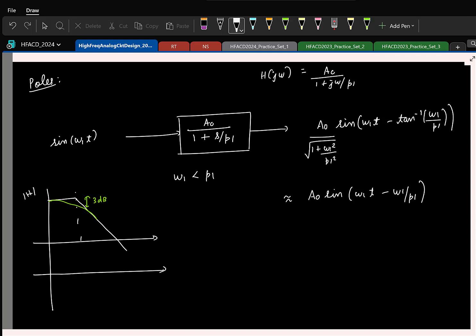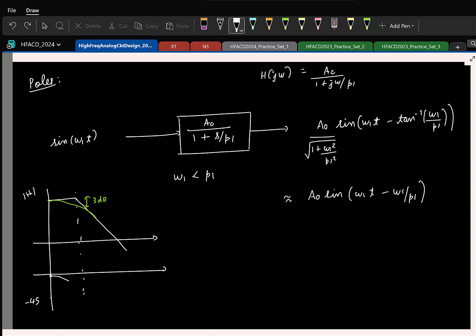Similarly, if I sketch the phase plot, at the pole frequency, what will happen to the phase? If omega is p1, minus 45. Tan inverse of omega 1 by p1, omega 1 is p1. So that goes to minus 45. So this is minus 45. And as I tend the frequency to infinity,